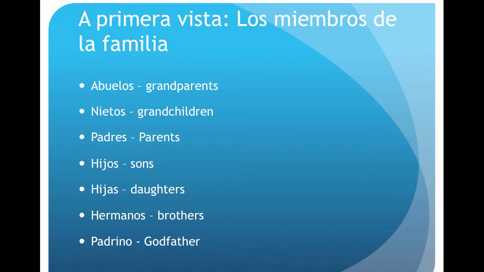And on page 124, en la página 124, we're going to see a few paragraphs here, and it's titled Los miembros de la familia. However, for whatever reason in this textbook, they don't give you an actual list of these different words, a vocabulary list, which I find, especially for a beginner level, to be very strange. So I've taken the liberty to put several of the words that you see in the paragraphs up here on the slide. And we have here abuelos, nietos, padres, hijos, hijas, hermanos, padrino, okay, or padrinos, which would be godfathers,